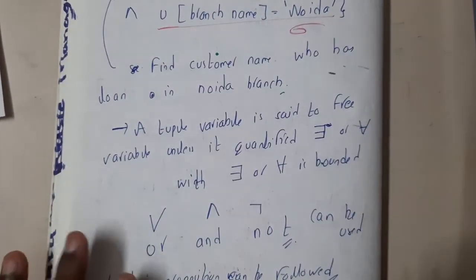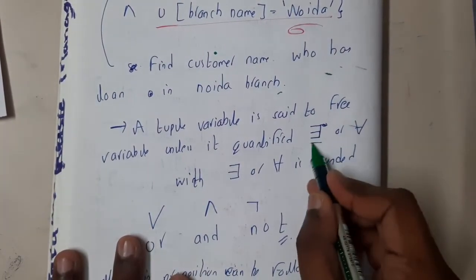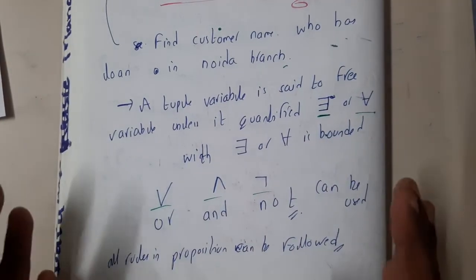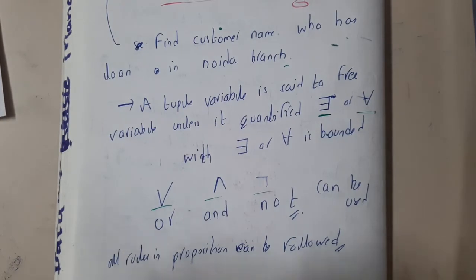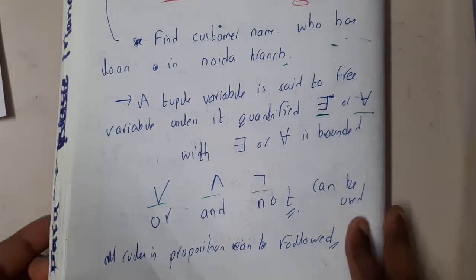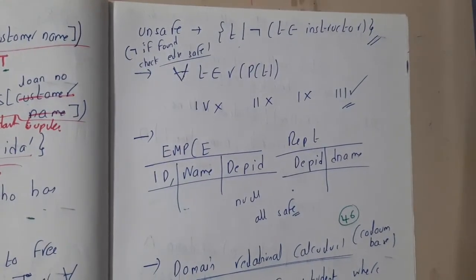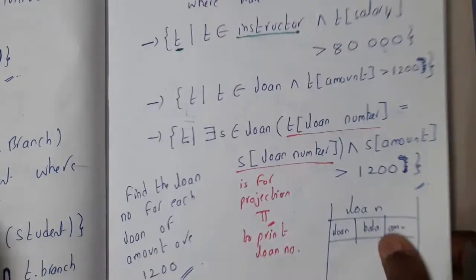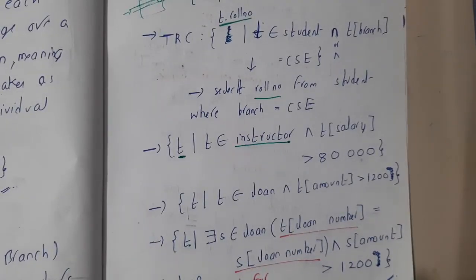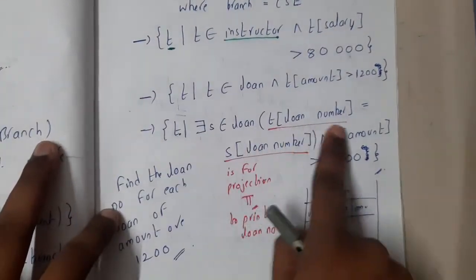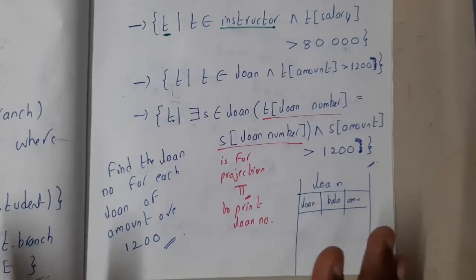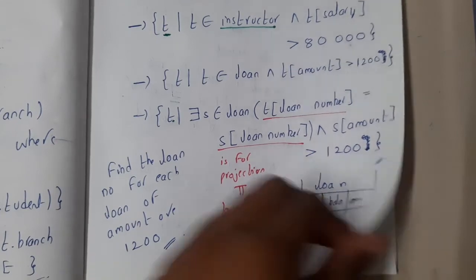In tuple relational calculus, quantifiers like for some, for all, and, or, not, these types of symbols are really common, guys. Because when it comes to tuple relational calculus and domain relational calculus, it almost looks like sets and all those concepts, right? Yes. So I hope everyone got a clear idea with respect to tuple relational calculus, at least some basic idea. The only thing is, if a statement is given, you should try to understand what it is saying, guys. That's it. That is our goal. I hope everyone got at least that much idea, right?